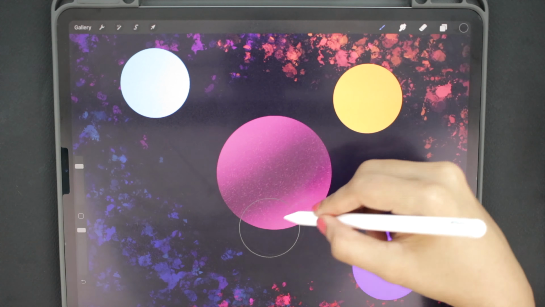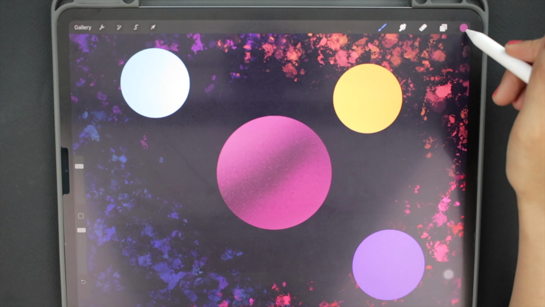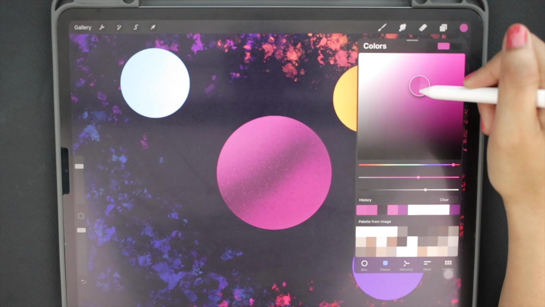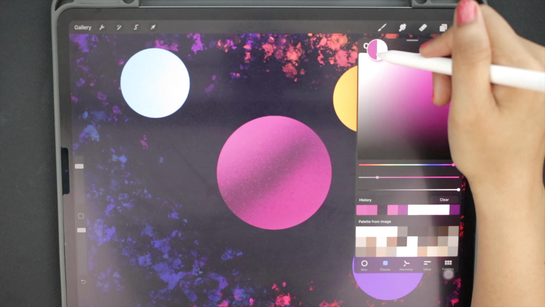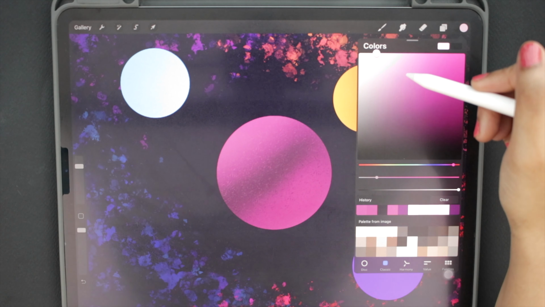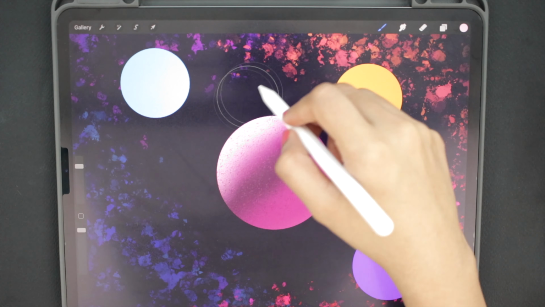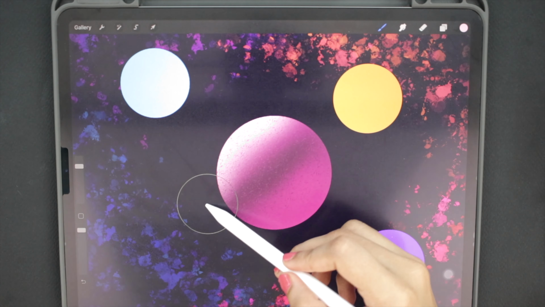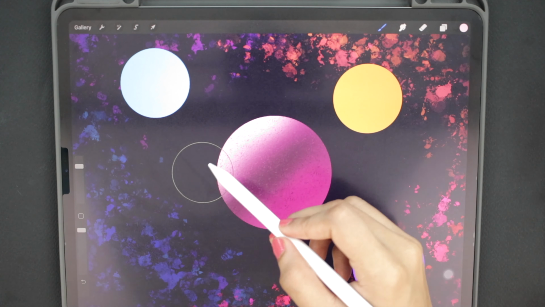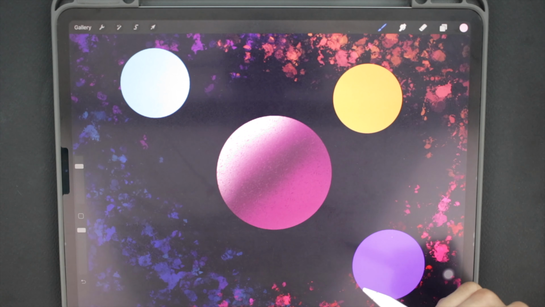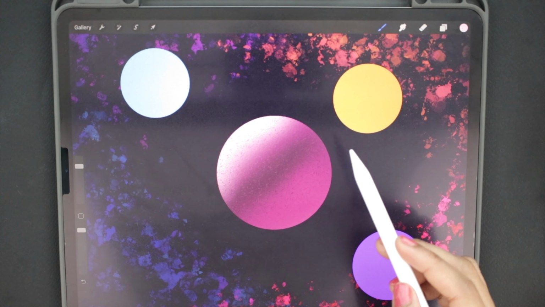I added a bit too much. Pick the planet color and make it a bit lighter here. Pick the planet's original color and make it lighter. Now add some highlight to the top left side of the planet. I think it looks pretty good now.